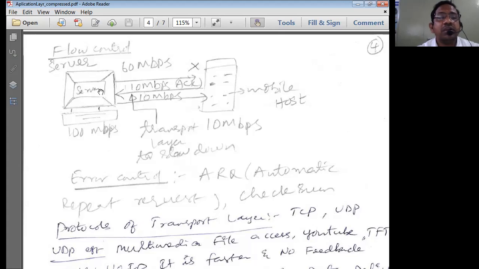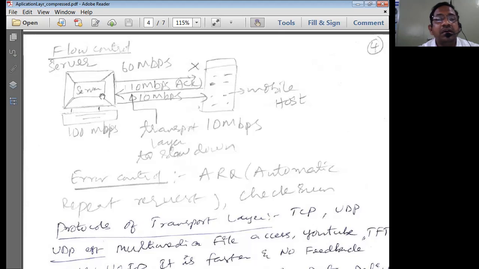So first of all, the server, which is always running at high end, may send a request to the mobile host asking to communicate at a speed of, say, 60 Mbps. Then the mobile host gives a negative acknowledgement to the server and states that it cannot run at that speed. The mobile host then sends its speed of operation, stating that it is okay with 10 Mbps.